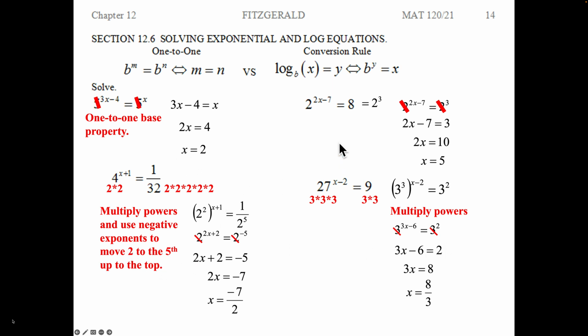So these four are examples of those one-to-one base relationships that we kind of saw back early. I think that might have been like 12.2, 12.3-ish. All right,